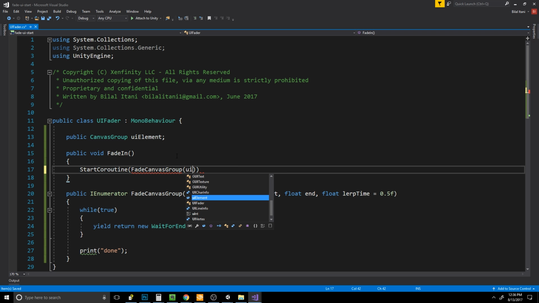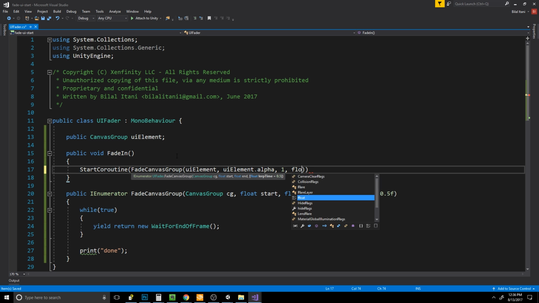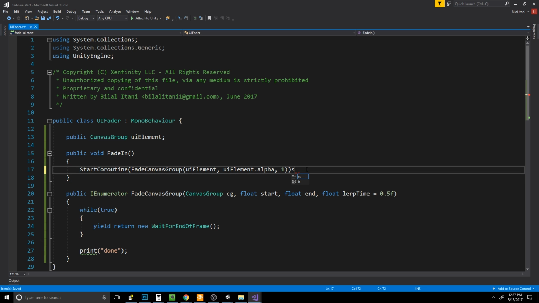We'll pass in the UI element. Our start will be the UI element's alpha, and our end will be, let's say, 1, of course, because we want to fade in. And I actually won't change the lerp time value, as I'm going to keep it as 0.5 for now. And I'll demonstrate in the future that we can change it to whatever we want. Okay, so